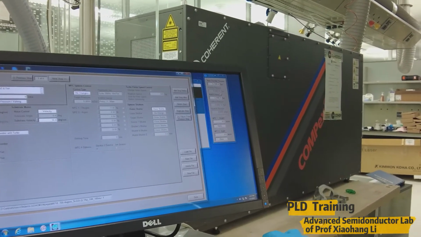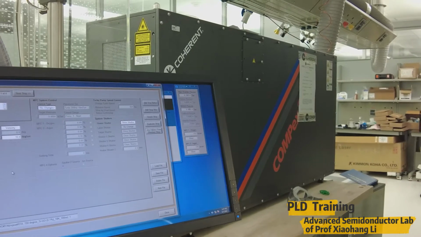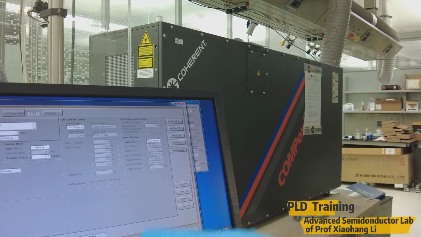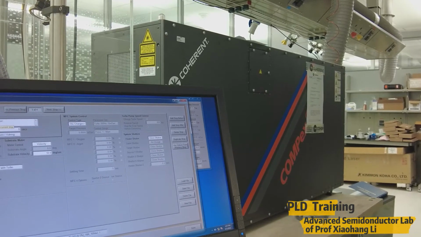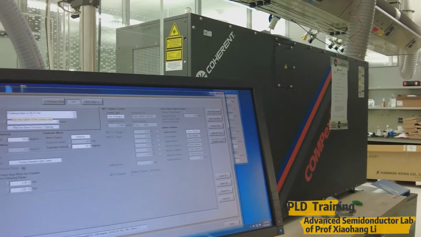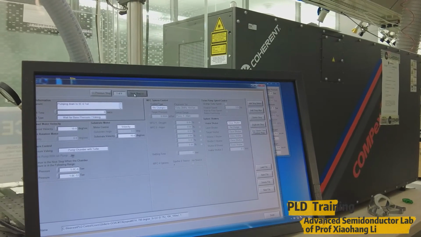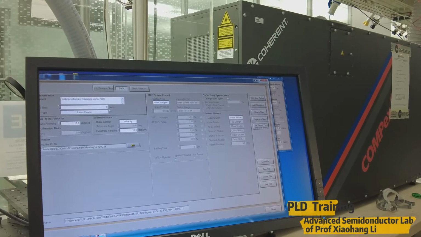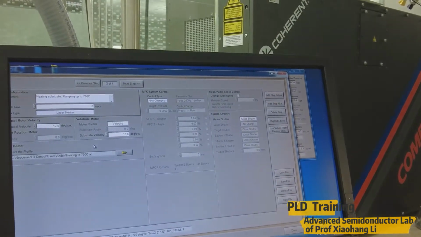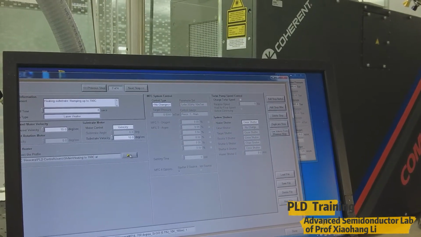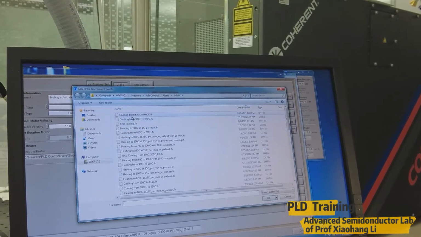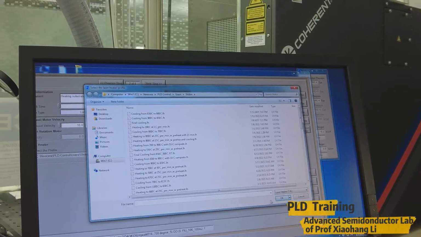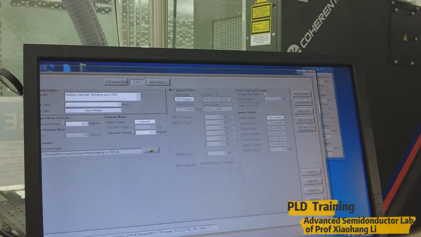Right now the pressure is 6 times 10 to the minus 6. So if we start this recipe, it won't start, because it has been given a value of 5 times 10 to the minus 6. After reaching this value, then only it will start. The next step is heating the substrate temperature to 700 degrees Celsius. As I showed in the previous window, we can make the recipe for the heater. So we can upload this recipe for the heater, then we can load it. Right now we have loaded the 700 degrees Celsius one.